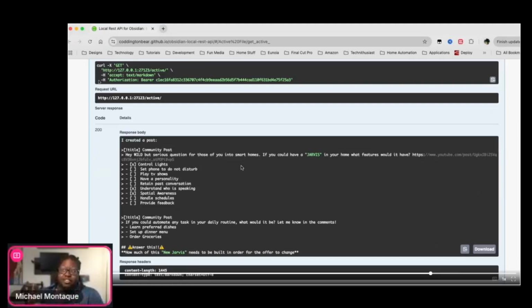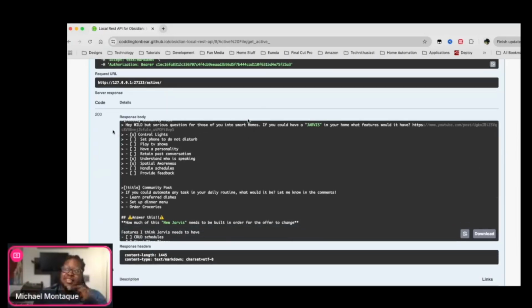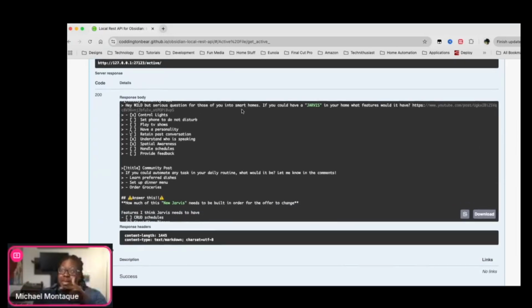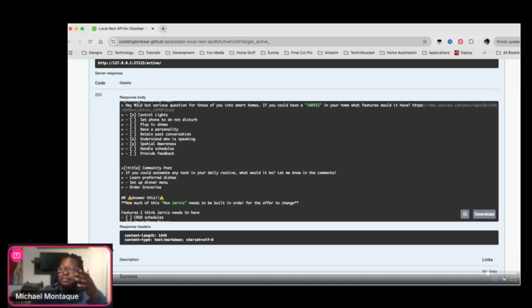But for those of you that are seeing this and are getting excited, let's go into it. So as you can see here, I told it to get the active file, and for me, it got it. It was able to get the particular file, and this is all the information that's within it. And this is what makes it interesting, because now we can see the contents of the files, this unlocks a whole new dimension as to what you can do. Reasonably, you would use something like SQL or some kind of database to hold your information. Obsidian now becomes your new database.